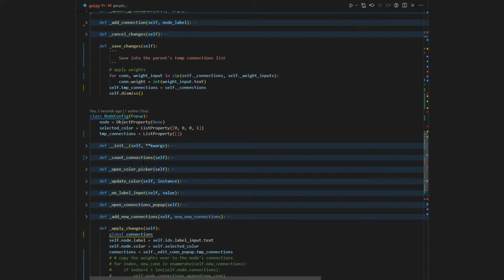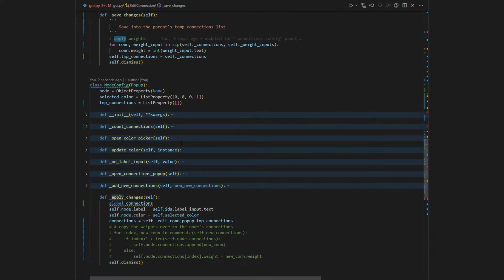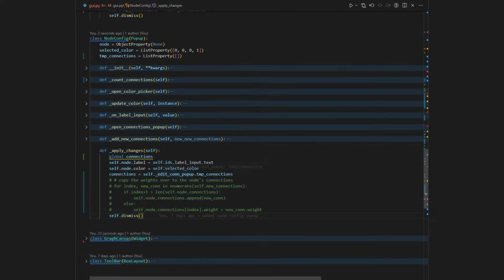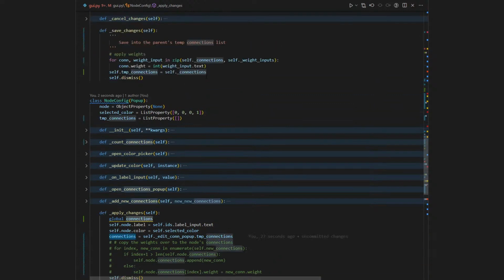Okay, hold on. We'll click on save. We're going to save that. Okay, I have an idea, right? It's only storing this, and when we apply the weight, we apply the weight in here, on this TMP connections. On this connection, it doesn't really matter. So yeah, let's